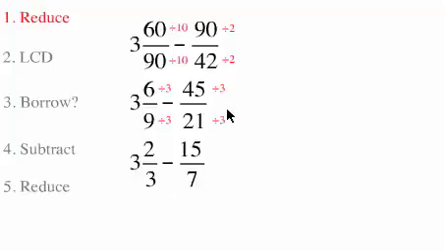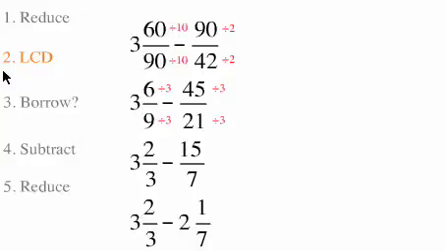15/7 is an improper fraction, and when subtracting or adding, we really don't want to have improper fractions. It just makes everything really difficult. So I'm going to convert the improper fraction to a mixed number by doing 15 divided by 7, which is 2, with a 1 remainder. So the 2 is the new whole number. It goes in the front, and the remainder goes up to the top and becomes our new numerator. So we have 3 and 2/3 take away 2 and 1/7,